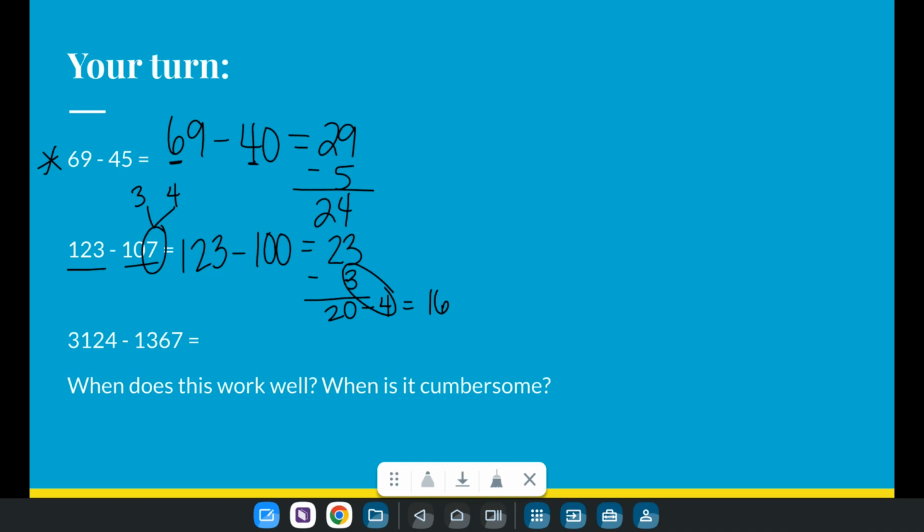All right. And then with this last problem, 3,124, we're going to do this one also in chunks. So first we're going to subtract 1,000. Then we're going to subtract the hundreds place. And what we're going to find here is that we may need to think about this as a 100 and a 200 to get us to